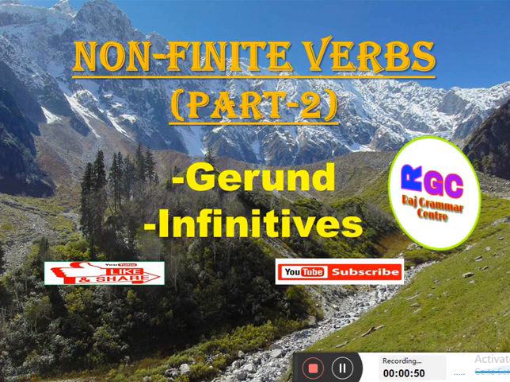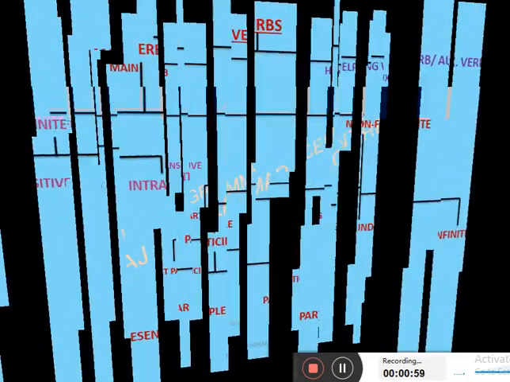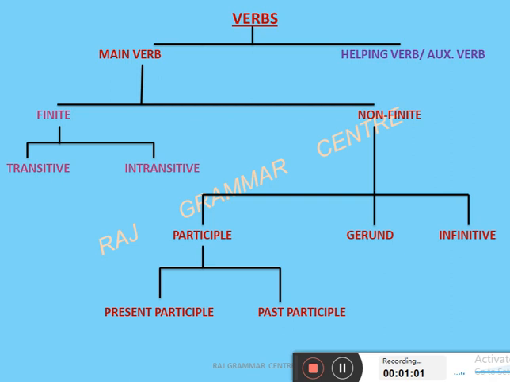Now we come to the topic: what is meant by gerund. But before that, let me clarify one more thing: you have to try to recall that tree diagram which I showed you last time. I am repeating the same thing here, because without that your concept will not be clear. Non-finite verbs are of three types: participle, gerund and infinitives. Participles have two subtypes: present participle and past participle. Now my topic here is first the gerund, then the infinitive.